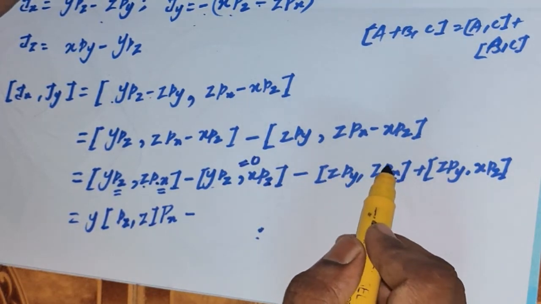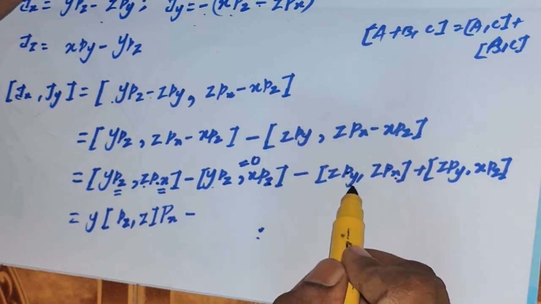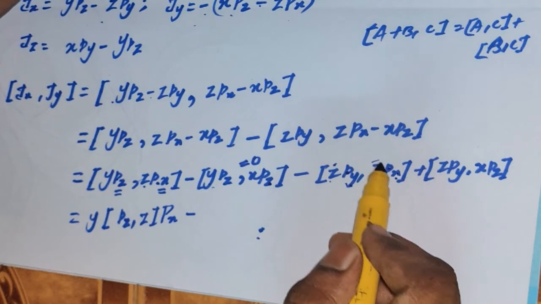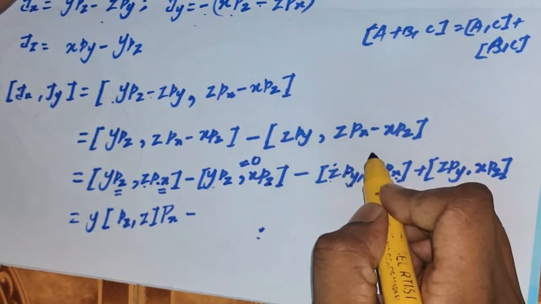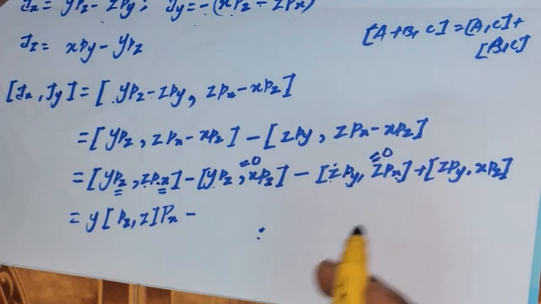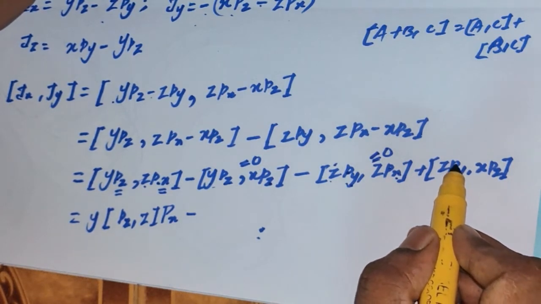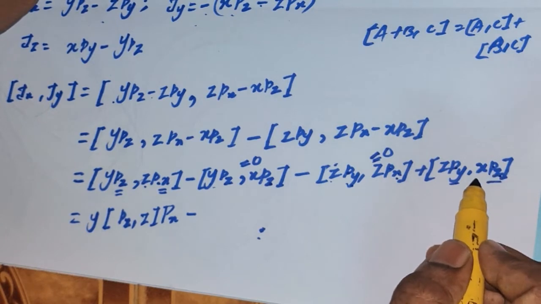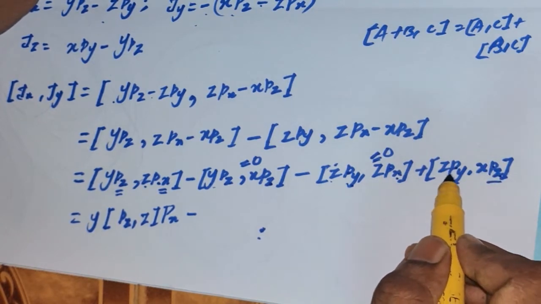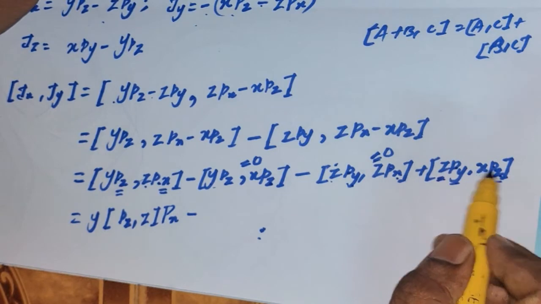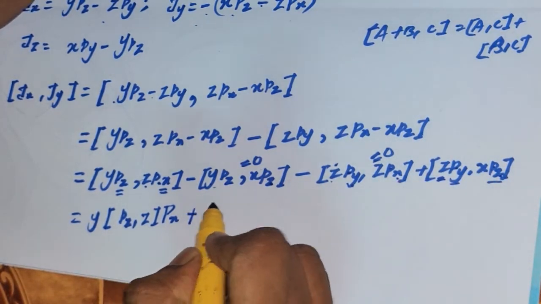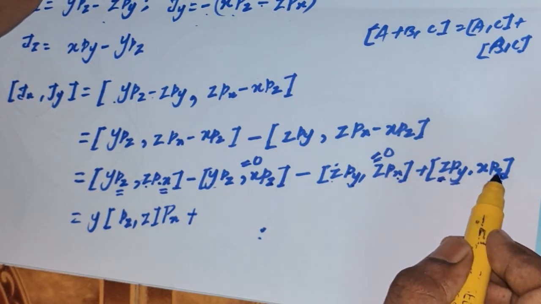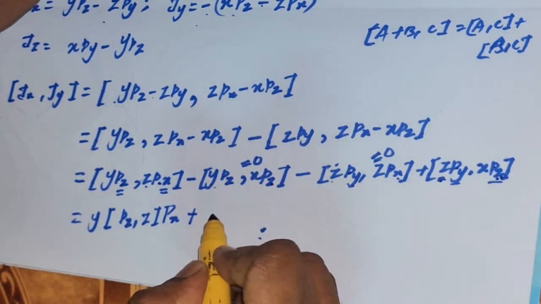Here the x component of the linear momentum and the y component of the linear momentum: look at whether the x or y variable is there. Here is the z variable, here is the z variable, so there is no x and y variable. You can make this commutation also 0. Look at this commutation. Here the y component of the linear momentum and the z component of the linear momentum, but you have to look at whether the y or z variable is there. Yes, here the z variable is there. Then you keep this commutation with a plus: keep the z variable and z linear momentum, then push everything else to the outside.